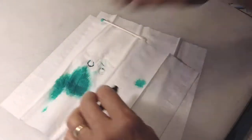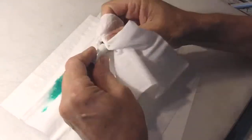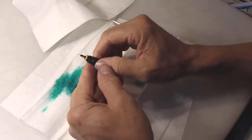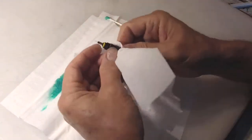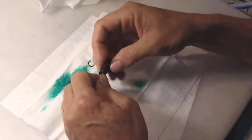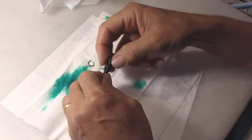Now comes the fun part. Let's take this thing apart. Of course, I've still got the lid on it. And this is a size 00 or 0.30 millimeter. And if my memory serves me correctly,